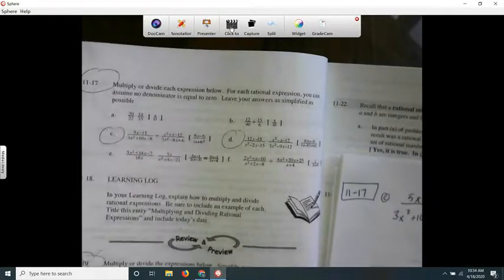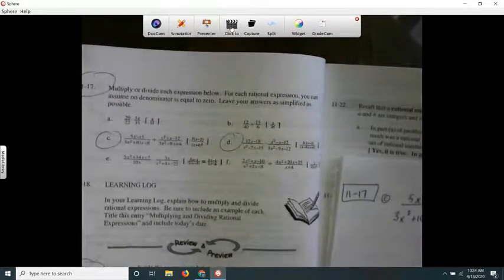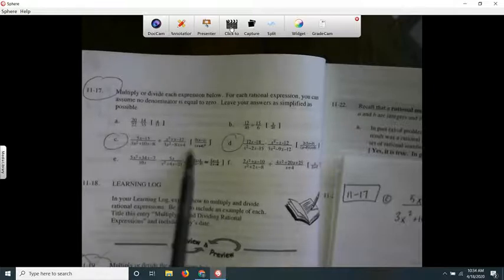It says multiply or divide each expression below. For each rational expression, you can assume no denominator is equal to 0. Leave your answers as simplified as possible. So we don't have to go through and find all the things that make the denominators 0. We're just going to